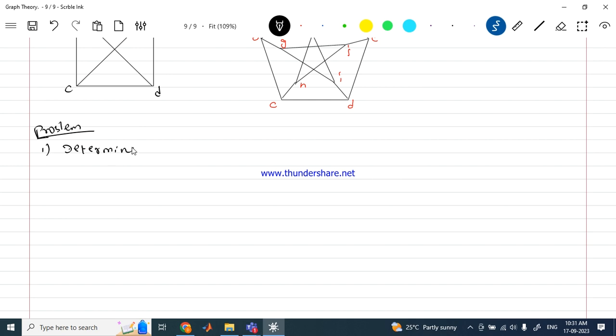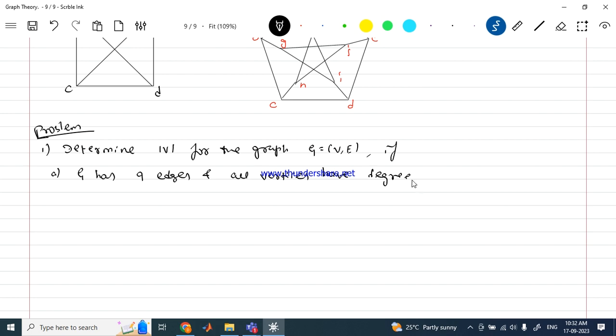Determine the cardinality of V for the graph G equal to (V, E) if, case number 1, G has 9 edges and all vertices have degree 3. And question number 2, G has 10 edges